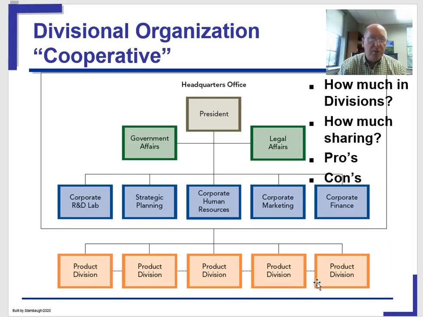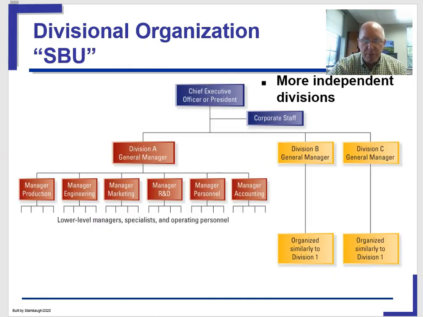Also, you see some loss of the functional expertise. So if, for example, you are the head of marketing, you're a little bit frustrated because you've got all your marketing people down here and they're talking in their divisions, and you have chief marketing officers in each of these product divisions perhaps, and you may feel a little isolated and you may feel like you can't really develop good salespeople because you don't have enough time to work with them. So there is a sense that you lose some of that functional expertise with this sort of organization.